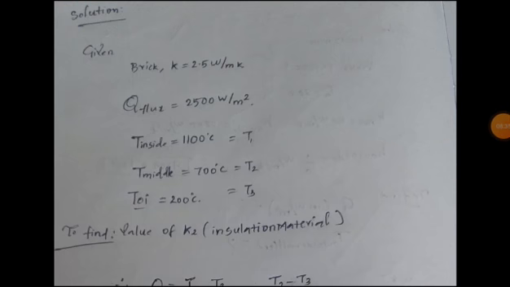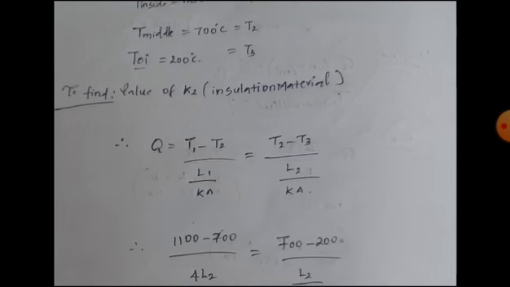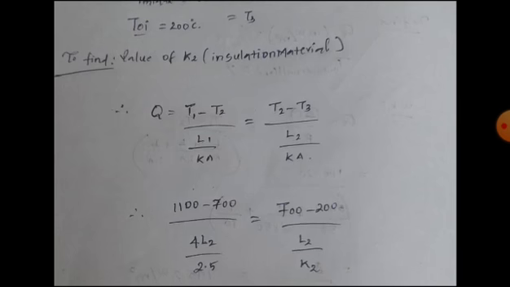Okay, we know that thermal conductivity for brick is 2.5 watt per meter Kelvin, and the given heat flux is 2500 watt per meter square, and the respective temperatures are given. We have to find the insulation material's conductivity. Here also the heat transfer rate will be constant, because it is also a steady state condition. So I am using the formula Q dot is equal to